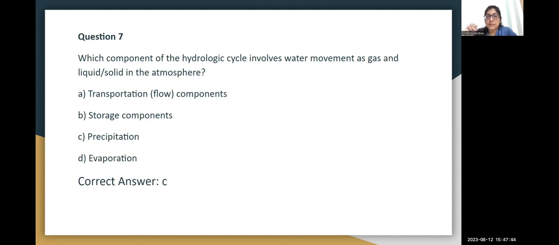The transportation component consists of all the components of the hydrological cycle that involve flow, like precipitation, infiltration, evaporation, transpiration, runoff. All of these come under the transportation component. Now, since they have mentioned a component involving water movement as gas, liquid or solid in the atmosphere,